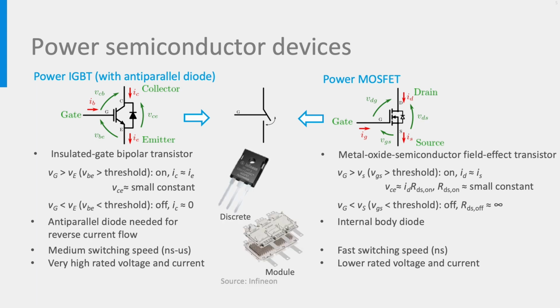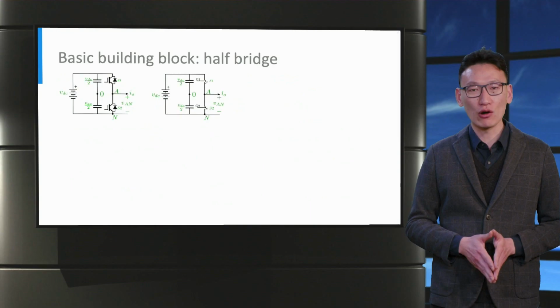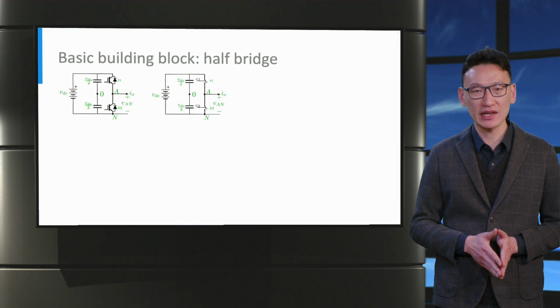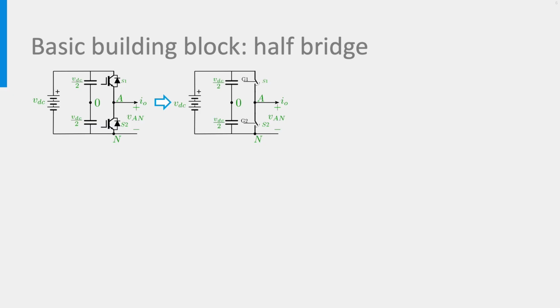In practice, they are available as either discrete devices or a module with several devices packed together to form a building block. Let us now look at how to use power semiconductors to form the basic building block of a three-phase inverter, which is a half-bridge inverter. As shown previously, the power semiconductors can be simplified as ideal switches, so this half-bridge circuit can be simplified as